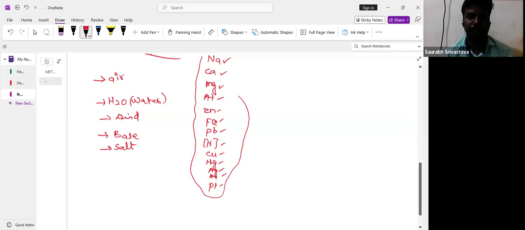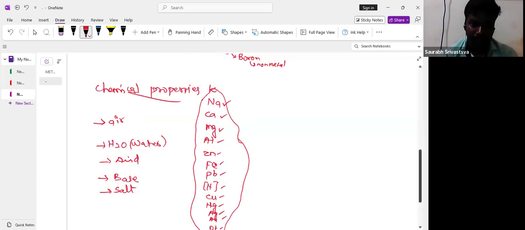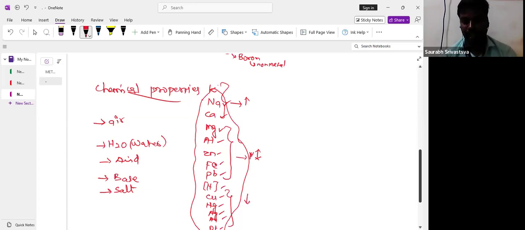If you remember the elements, then automatically we can go with the chemical properties. Now we are going to divide them into three parts. Potassium, sodium, and calcium are one set, of highly reactive nature. Magnesium up to lead is of middle reactive nature, which means neither high nor low. Copper and platinum side, everything is of low reactive nature. Here hydrogen is the center.